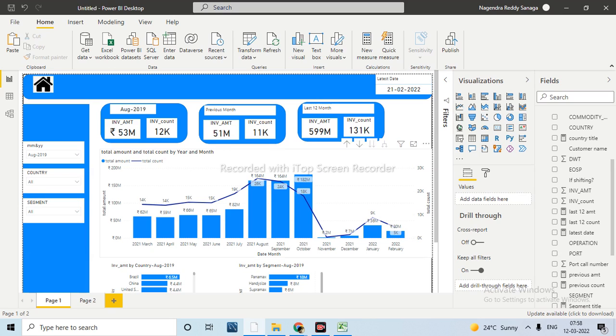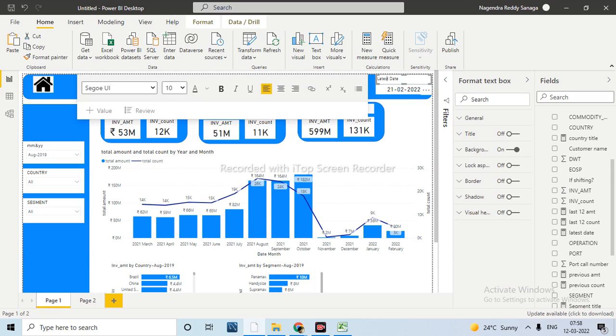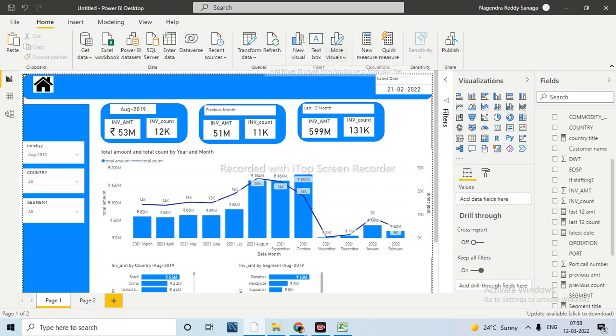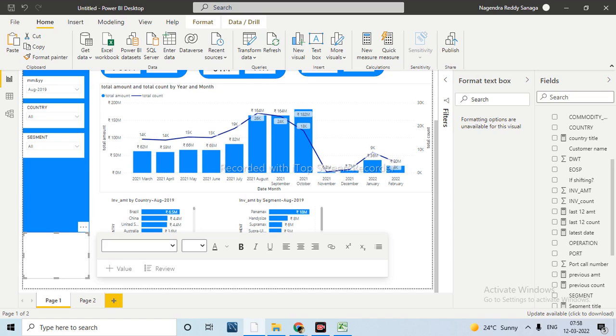Any doubts in this landing page, the summary page? This is the overview. And here we have taken the summary text box. If you want to do that, we'll take it. Let me create one more text box. And you can do some formatting. In this case, I have taken this one as summary.